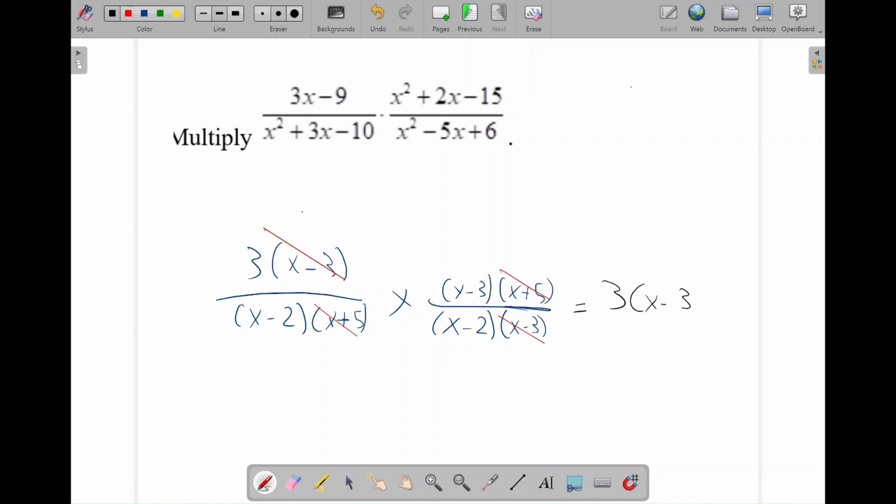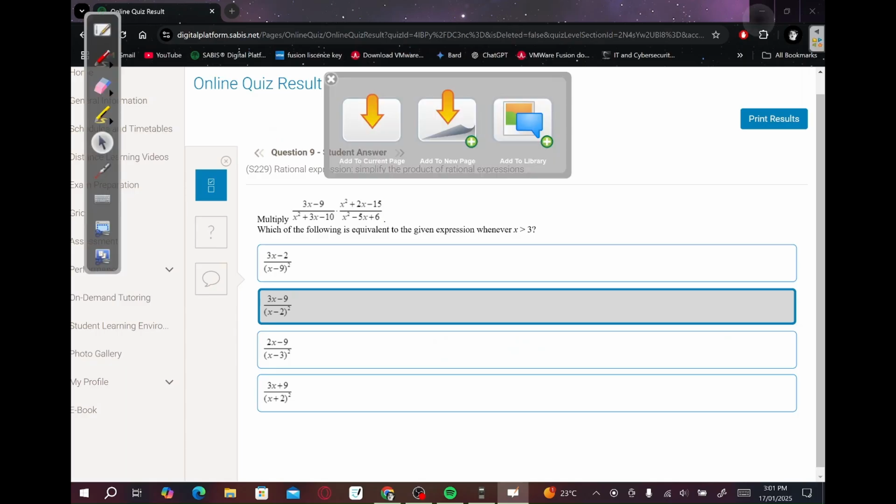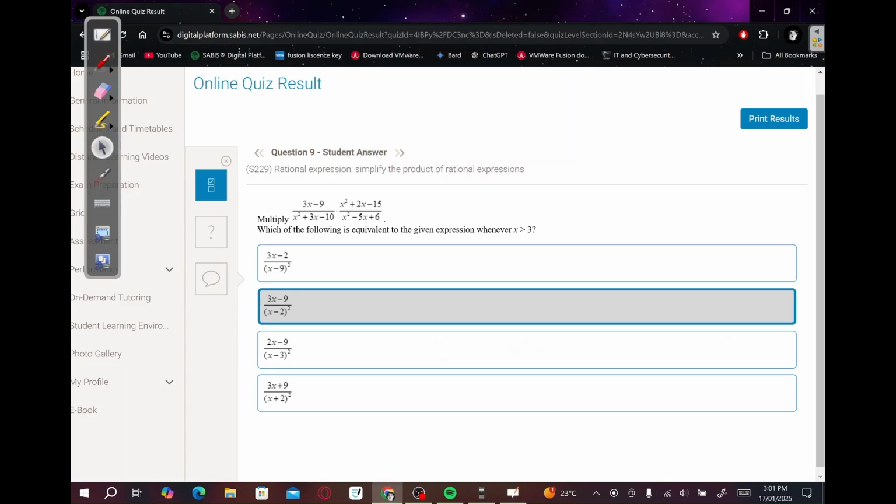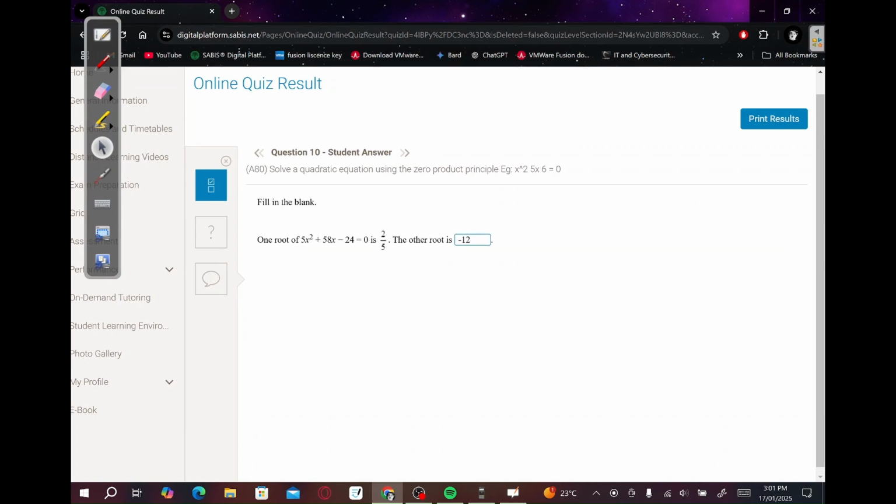3x minus 3 over x minus 2 into x minus 2, or x minus 2 squared. Right? Now the school does not want it like this. The quiz asks for 3x minus 9. You just distribute the 3 over x minus 2 squared. So let me just check. 3x minus 9 over x minus 2 squared. Perfect. Okay, question 10. Now, one root of 5x squared plus 58x minus 24 equals 0 is 2 over